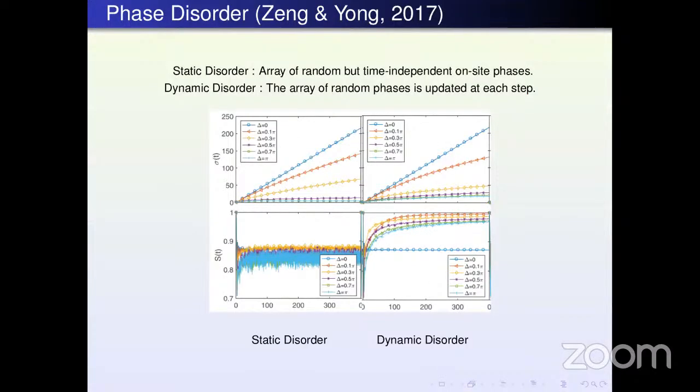So let me show you some results on dynamic and static phase disorder. These results were published by Jayne and Yoon in 2017. They studied both static and dynamic disorder. They generated static disorder using an array of random but time independent on-site phases. And they generated dynamic disorder